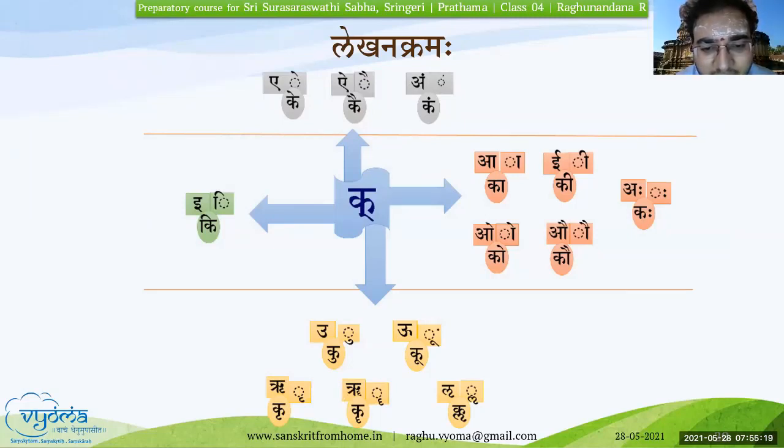Okay, sure. I got it. Understood. There are some fonts that use one circle for R and two circles for the long R, but in some fonts there is a slight difference, based on the font. So it is mostly the one which we generally use, which you can practice. I will check again and see in which fonts it is represented rightly, and I will update you in the next class about it.